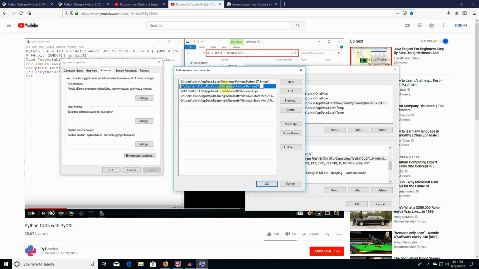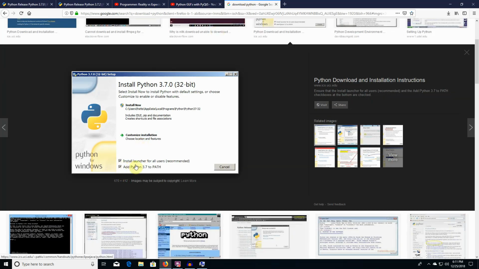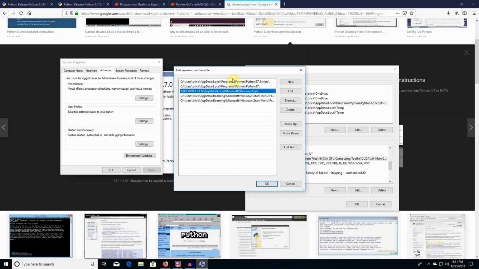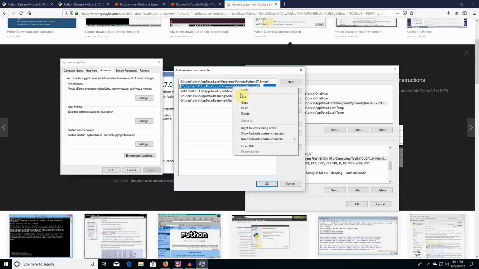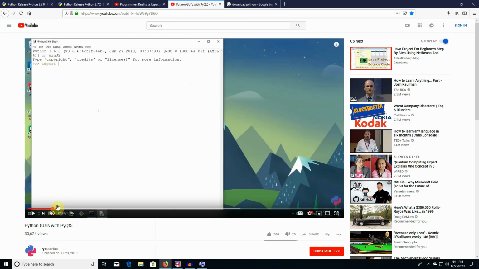So I'm just opening up this here on the bottom initially, and I think when you download Python and say add Python 3.7 to path here, all it adds is this first one, because we're going to have to manually add in this second one, because if we go back here to the warning that it gave him when he was